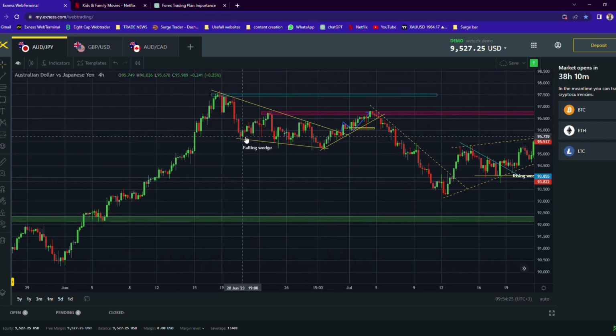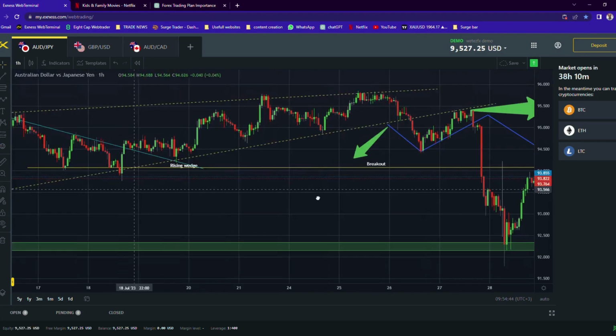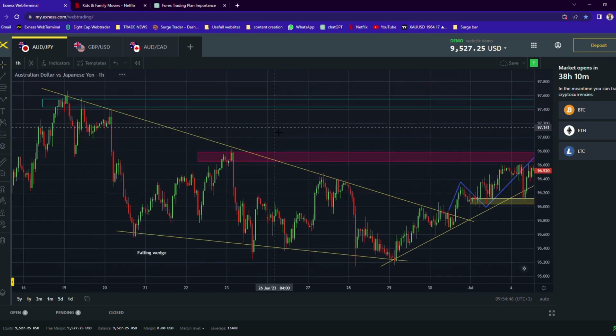So here you can see a pattern that is forming. Let's try to put some arrows right there to see. Here you can see such a pattern being created, and then it breaks out right there. So that is a falling wedge. This is how it looks. If we go into the 1 hour to expand on the charts, this is how it looks in the 1 hour chart. So this structure was being created through the course of the entire week,